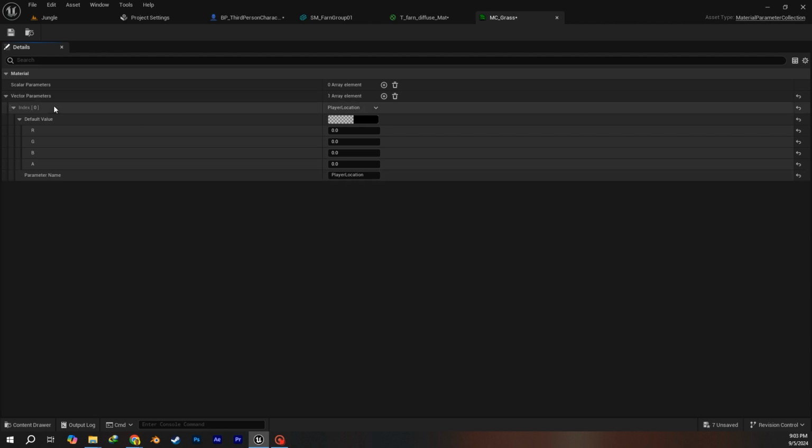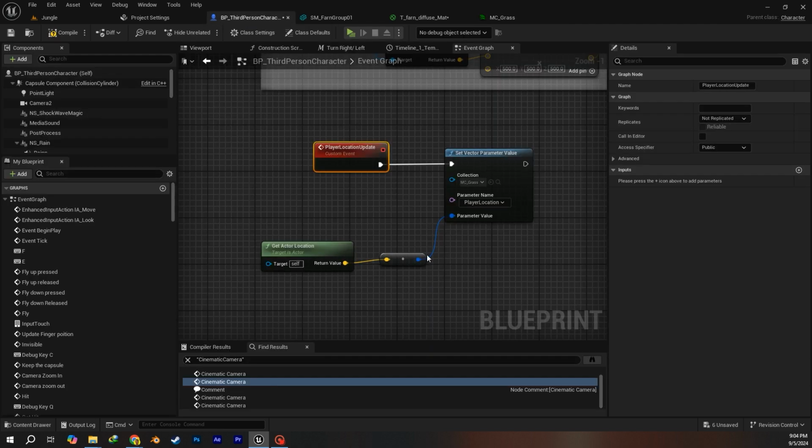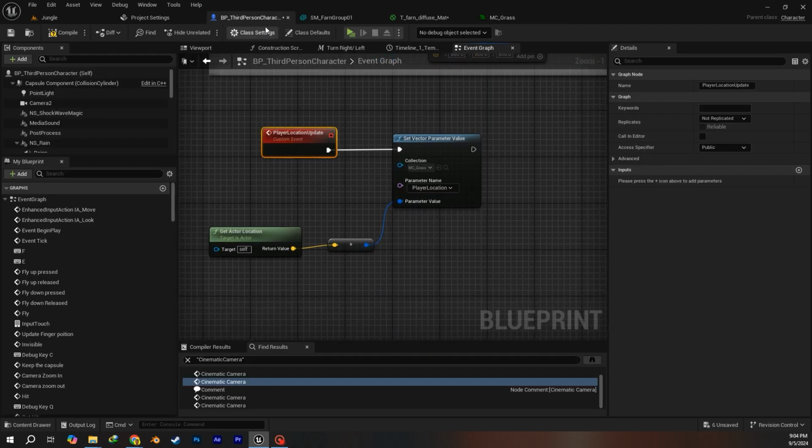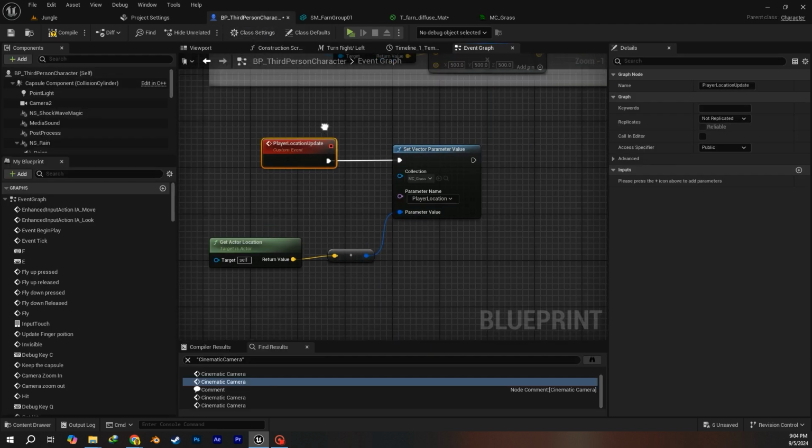I don't need this one. Then you have to name it something, parameter name. For me it's called player location, and hit save. All of them can be set to 0, we don't really care. Then in the third person character, in your character blueprint, just